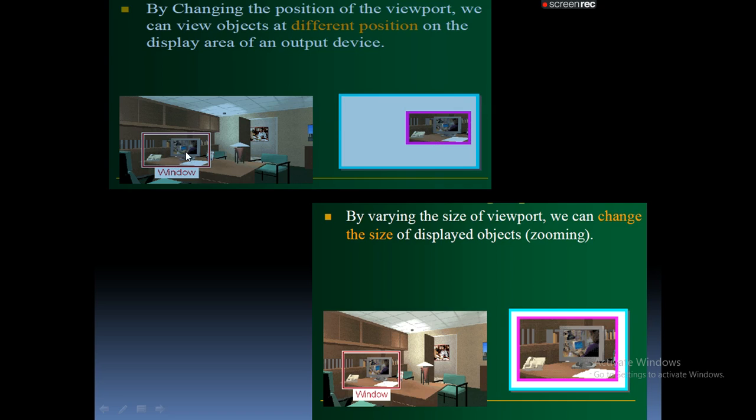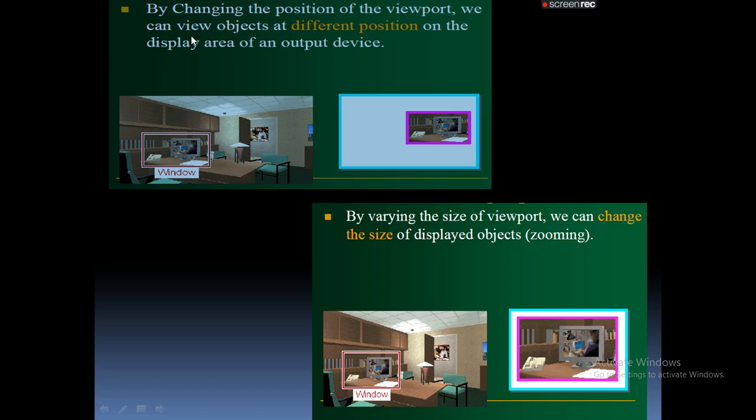Whatever the left diagram is in the first diagram, left side, that is called the clipping window. Whatever object is present inside the clipping window has to be present inside the viewport, with respect to different sizes. But I am not discussing different sizes here. I am discussing what happens if I move the viewport from one position to another position within the display area.